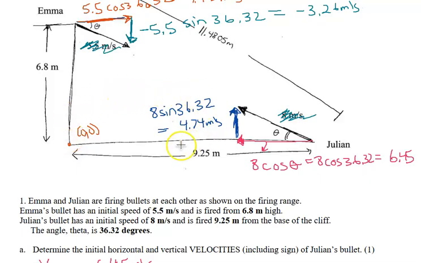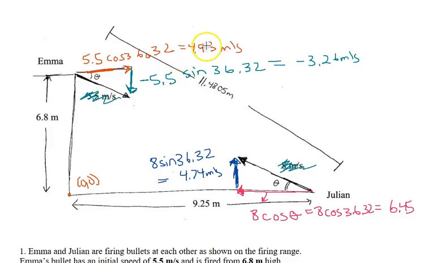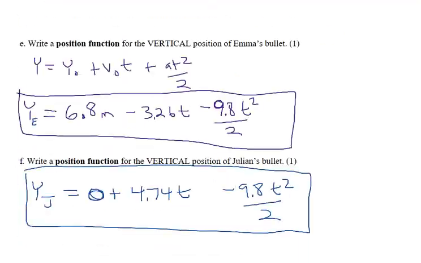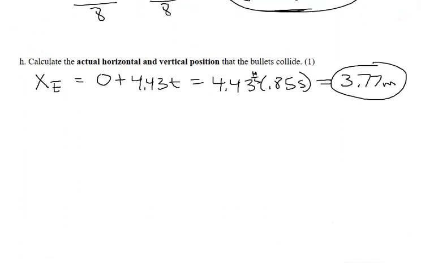3.77, that makes sense because she was only heading over at 4.43. So her bullet, her t-shirt, was doing this. His was going not twice as fast, but faster. So he's covering more ground per second. So they're going to collide closer to her than to him. Okay, so they horizontally are at 3.77, and vertically,